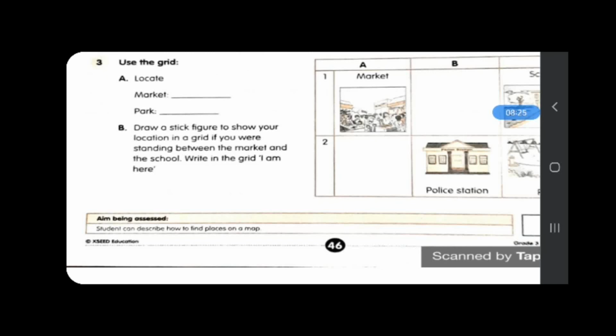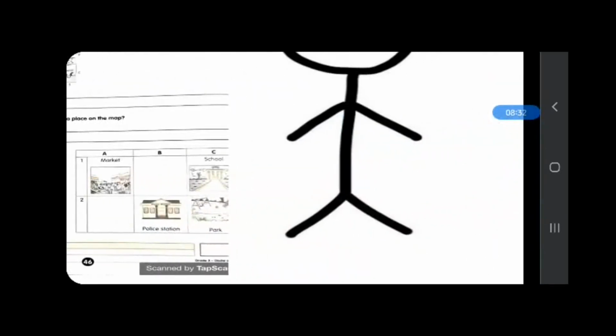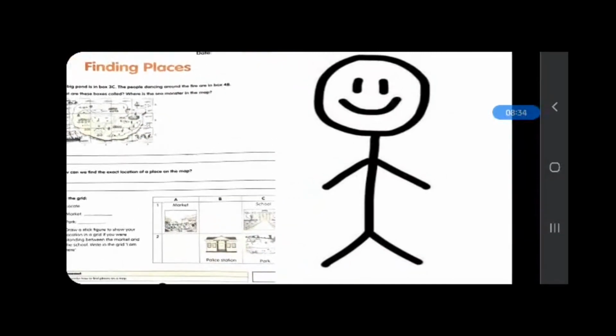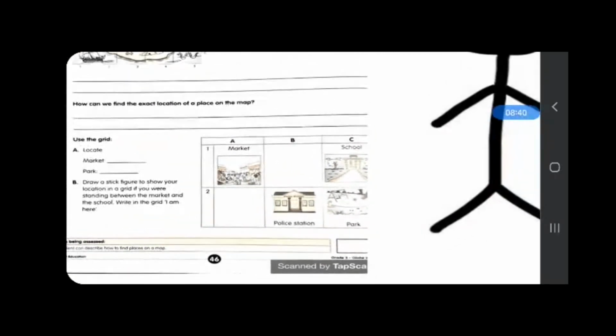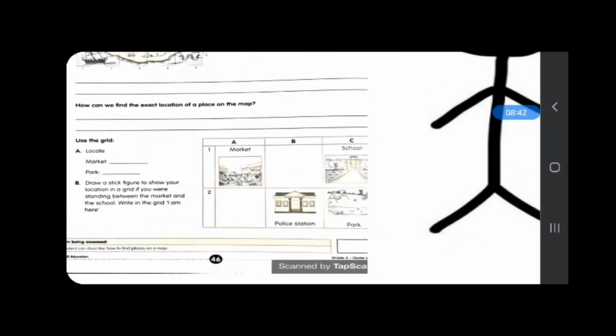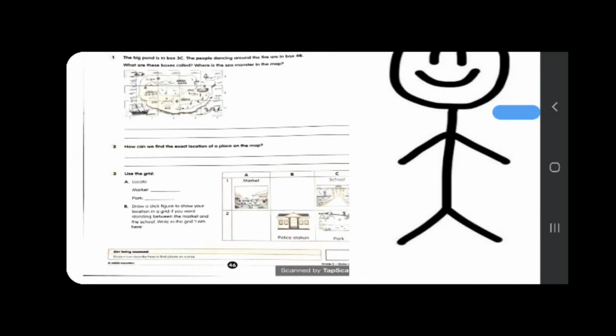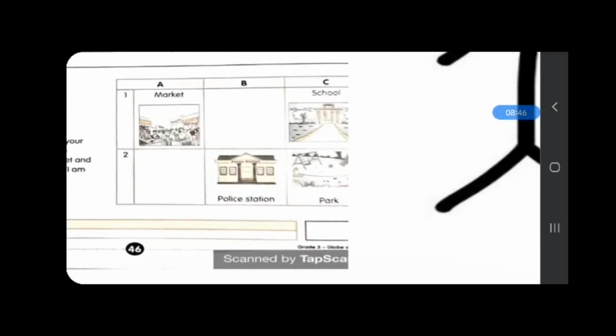If you were standing between the market and the school, write in the grid, I am here. And stick figure means this figure. Draw your location in this given map between the grid and write I am here. You choose your location, make your stick figure and write I am here.